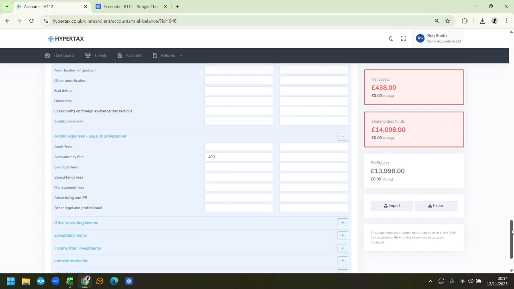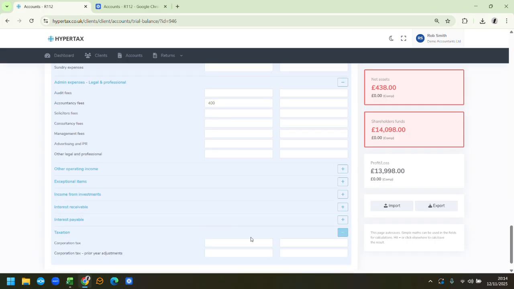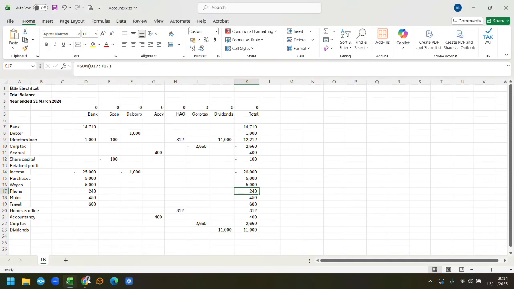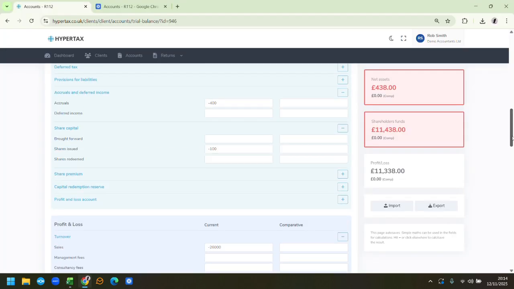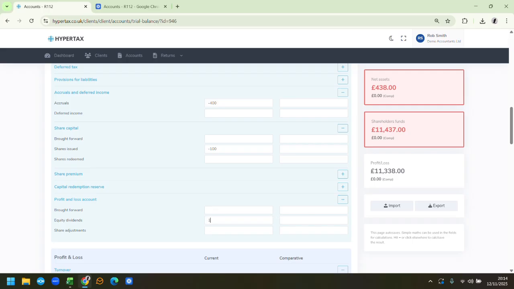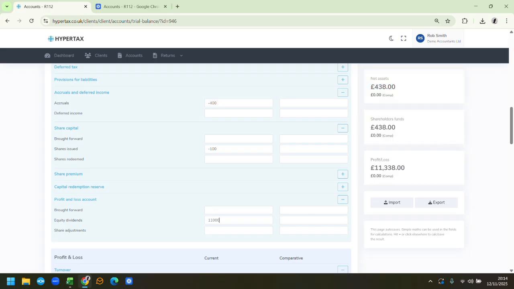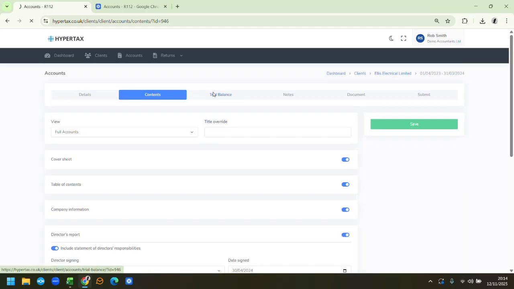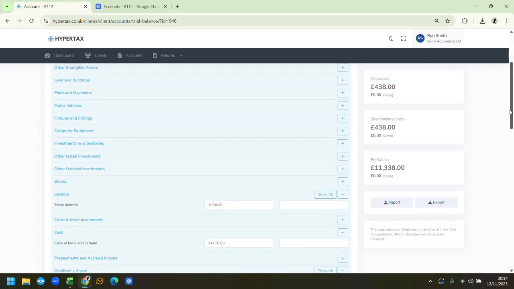400. We've got 2660 in corporation tax, and then the last thing I recall is the dividends of £11,000. Let's get those in and hope that everything balances. 11,000. There we go. It's all balanced off. So that's great. And you'll notice if I go to another page now, it has automatically saved that trial balance,